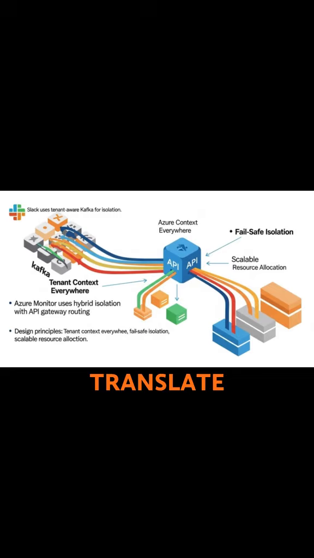Now, let's translate these concepts into practical implementation steps and ensure our system is production ready. For your database schema design, a fundamental step is to always include a tenant ID column in all relevant tables. For example, in a log entries table,